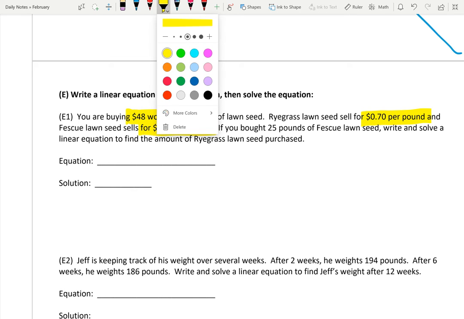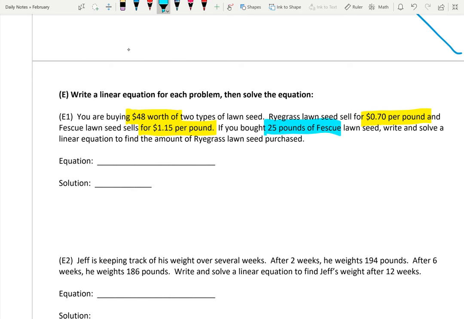Now, we're going to buy 25 pounds of fescue. So that's going to be part of the solution. But to make the equation, and remember, this is very similar for tomorrow's test. We have 2 products that combined gives us a total. So when you have 2 products that combine to give you a total, here's what you're going to write it